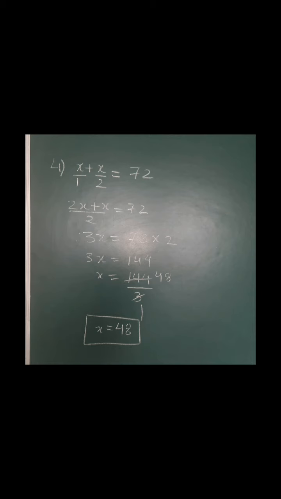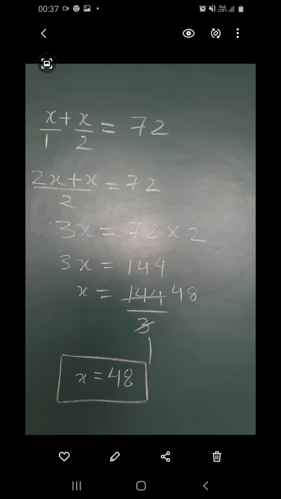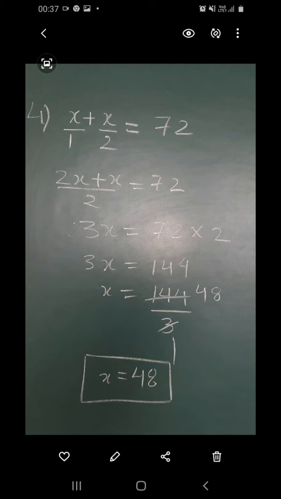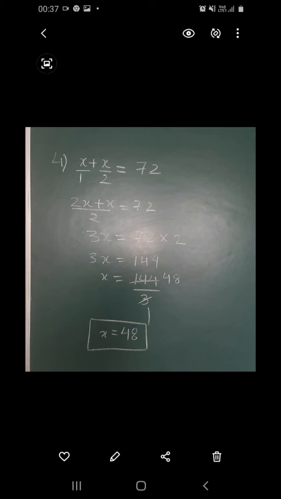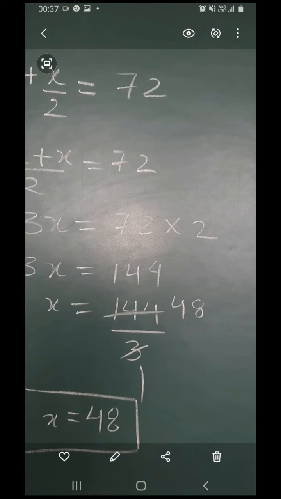Now the x which is written first is not having any denominator. So by default we will consider 1 as the denominator. Now 2x plus x, because the LCM of 1 and 2 is 2. So (2x plus x) upon 2 is equal to 72. Now this 2 is in division with 2x plus x. So once it goes to the right hand side, it will be in multiplication. I hope it is visible to you students now. It is visible to all the students now.